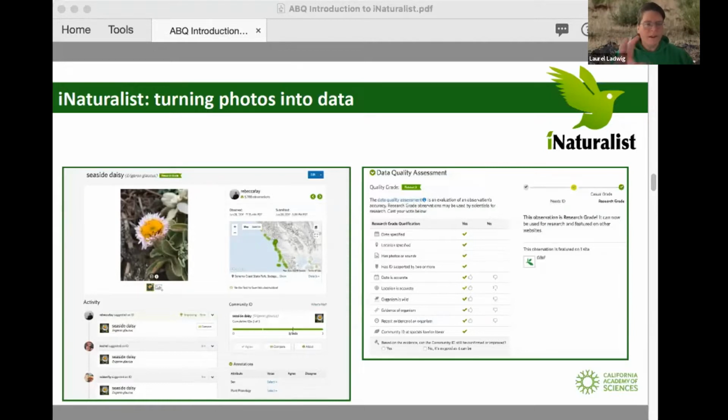And if you get a lot of agreement about what your picture is of, it can be research grade, and that is great for those scientists who are looking for definite observations. Other projects like ours are going to be looking at all ranges of identification. And then if we go to the next slide,